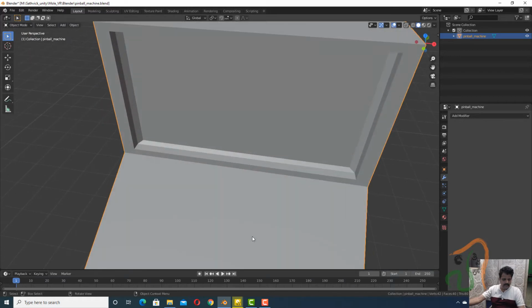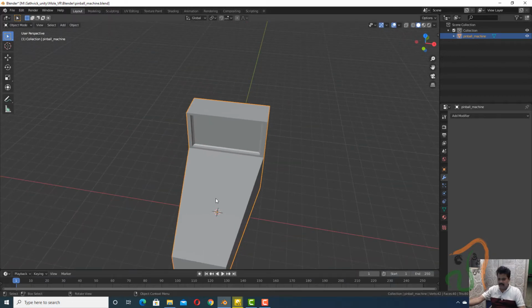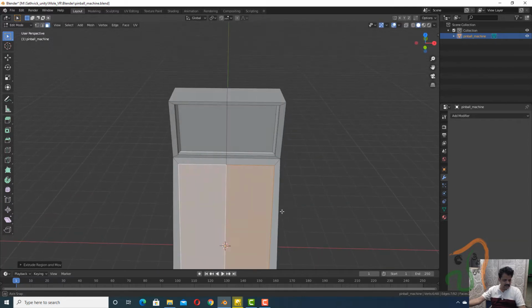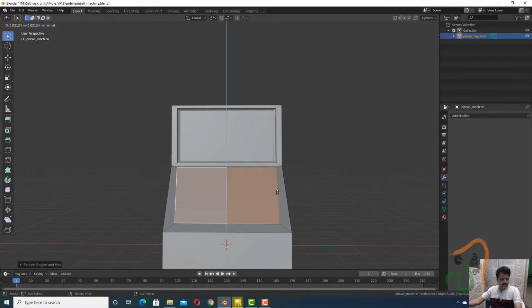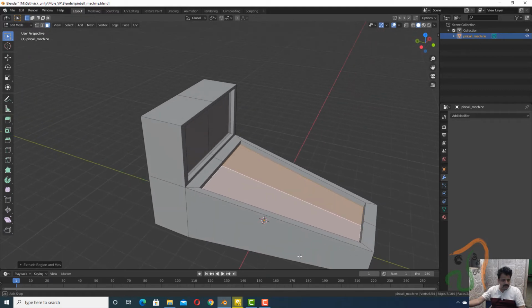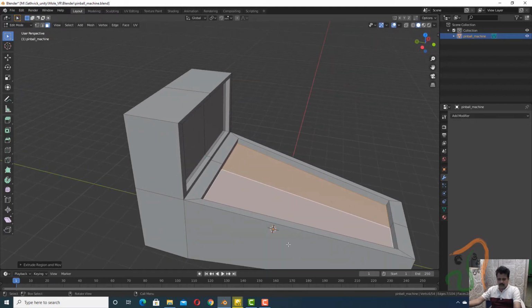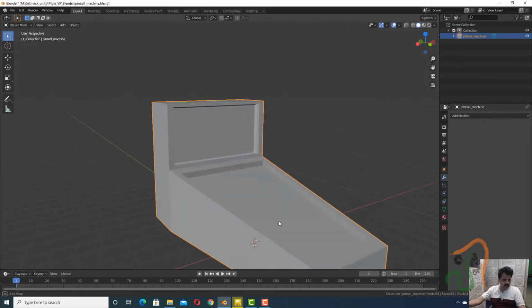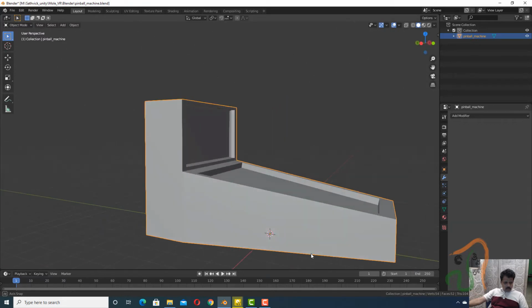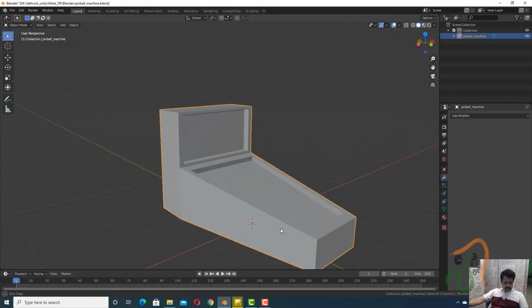Now let us create this pinball area. For this pinball area, with this selected, again press tab, come to face selection mode, select these two faces, press E and now press scale and slightly scale it down, so let us scale it slightly inside. After we scale it inside, press E and move it a little to the bottom. Okay, so we have the depth like this to play the game. Now press tab and see, this is fine. This is the play area now. Okay, this is somewhat okay. So we have got the basic structure of this pinball machine ready.